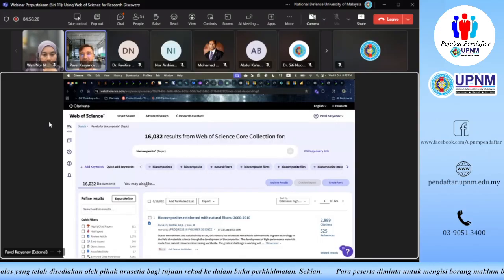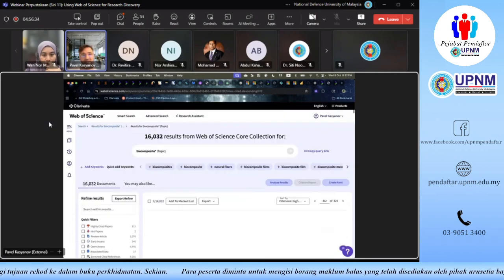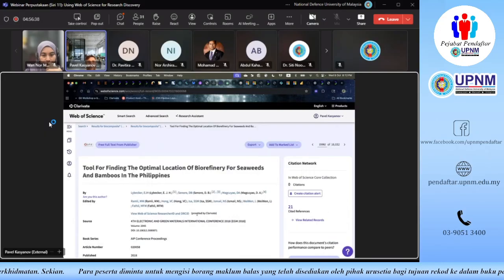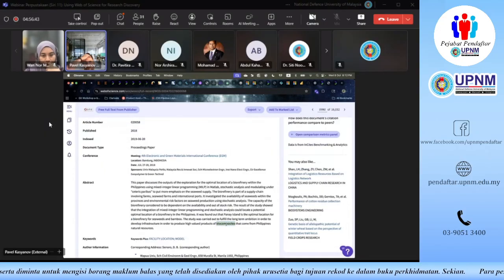So if I go to one of the last pages of the search, this is a document that was found by this search, but it only features the word biocomposites once. So maybe it says that this particular thing that we reviewed might be of certain importance for biocomposite research. So it's not the primary topic of this paper.